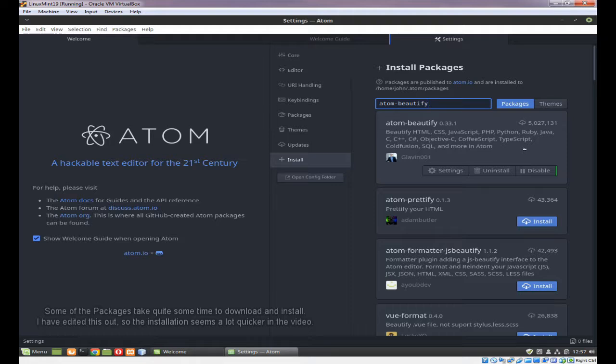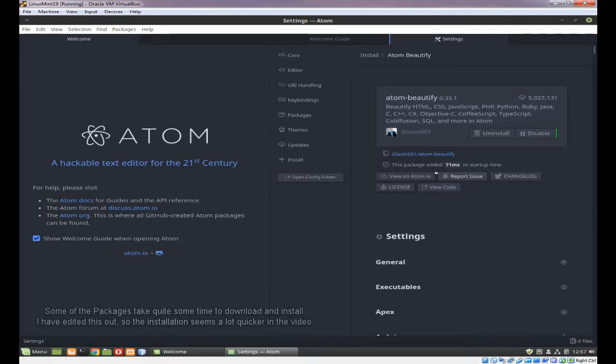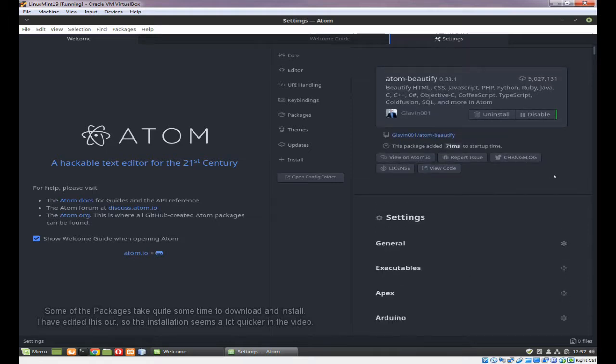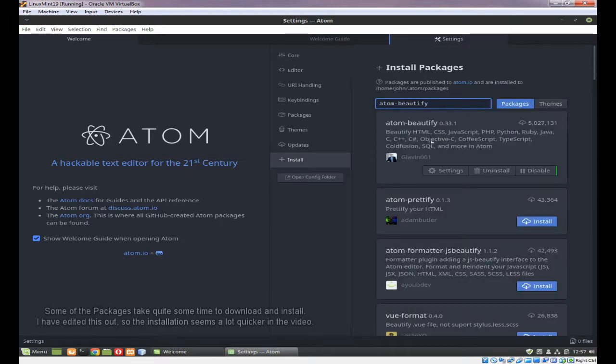It has a lot of settings, so you can actually configure how you want it to look. As I say, there are a lot of settings, a lot. So go into the settings and set up how you like your code formatting. Okay, I'm going to do this later. So the next one is,